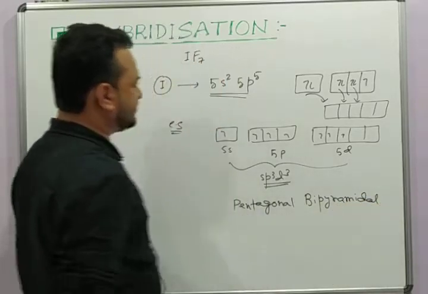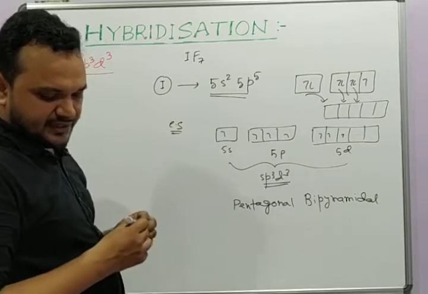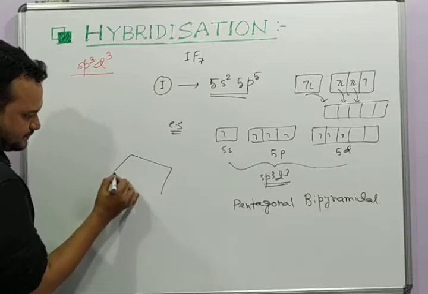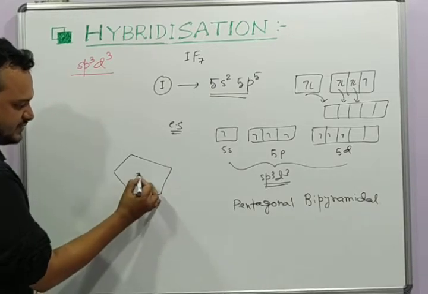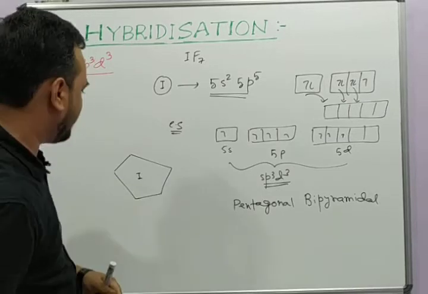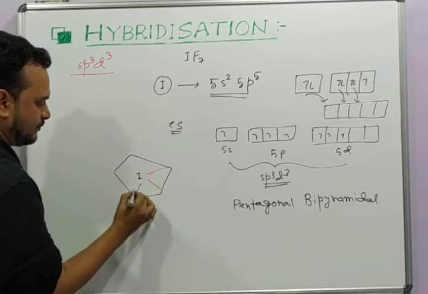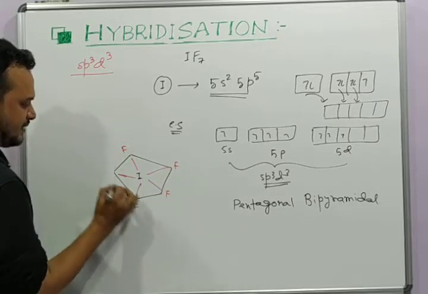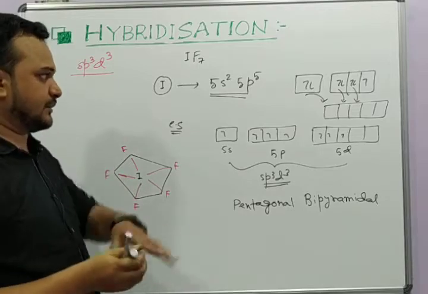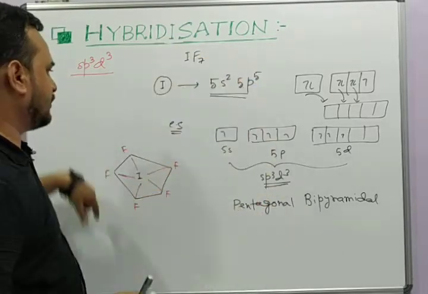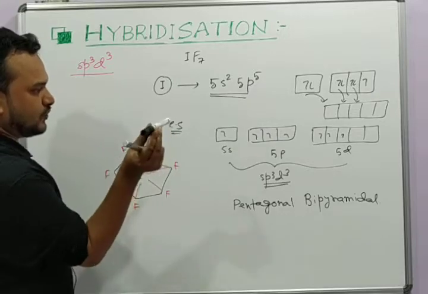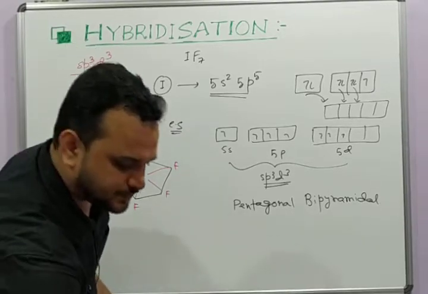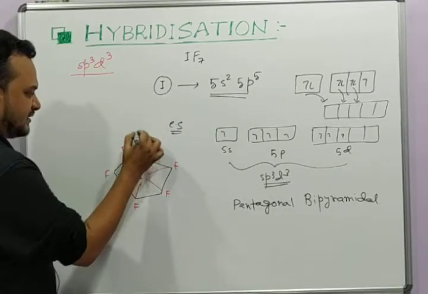You need a pentagon. At the 5 vertices there are 5 fluorine atoms, and then you need 2 perpendicular fluorine. So it looks like this. First you draw the pentagon. At the center there is iodine. Then at the 5 vertices there are 5 fluorine atoms like this. So this is the plane you have. Suppose you have the plane of the board. It is a pentagonal shape like this, and then you have 2 fluorine. One is perpendicular above the board and another is below the board, perpendicular. So you have 2 fluorine like this.